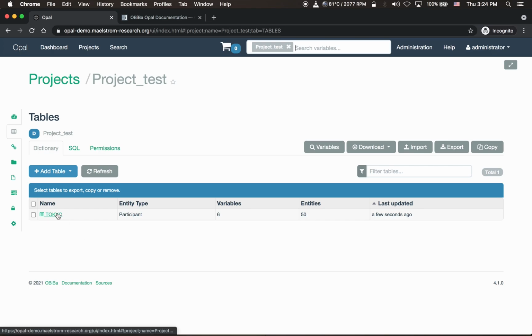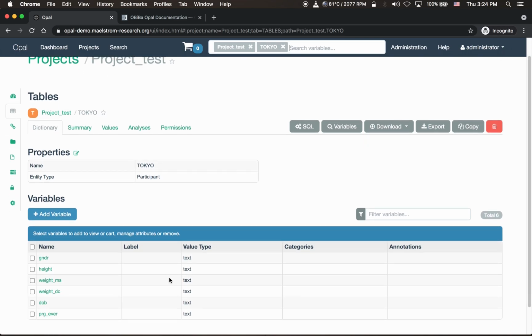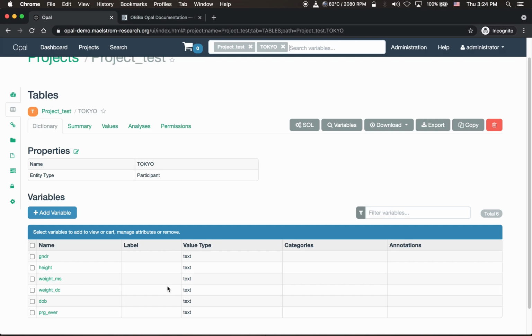Looking at the table, the variables in the imported table are in text format and contain no metadata except the name of the variable extracted from the data file. Metadata is a set of information that describes the content of a variable, for example, the label, the description of the variables, the value type, the unit, or the description of the categories.